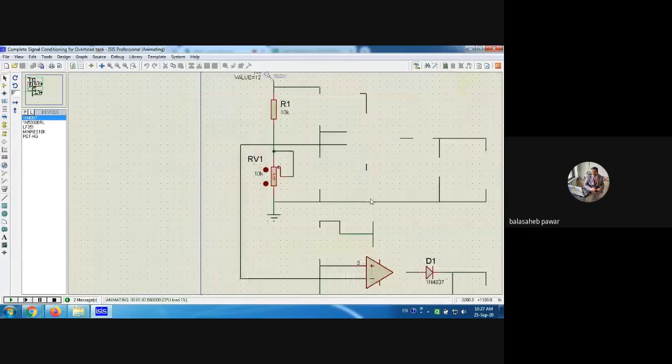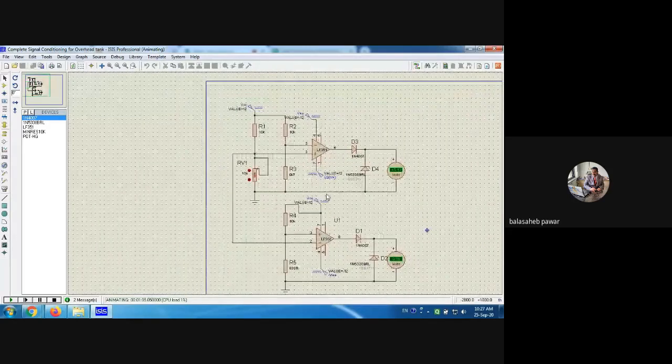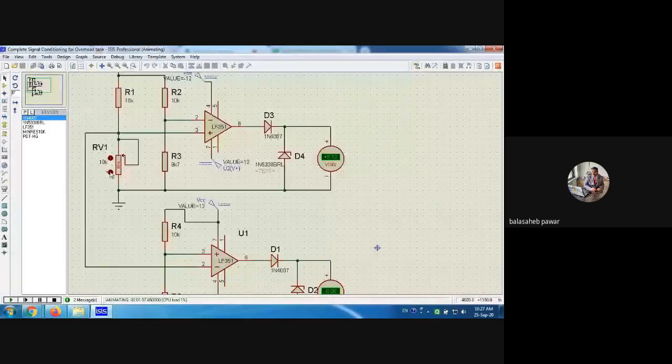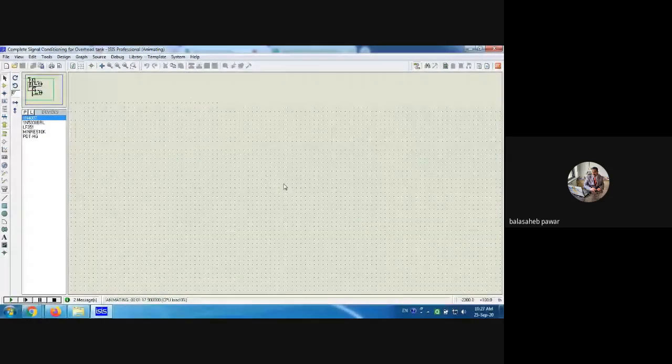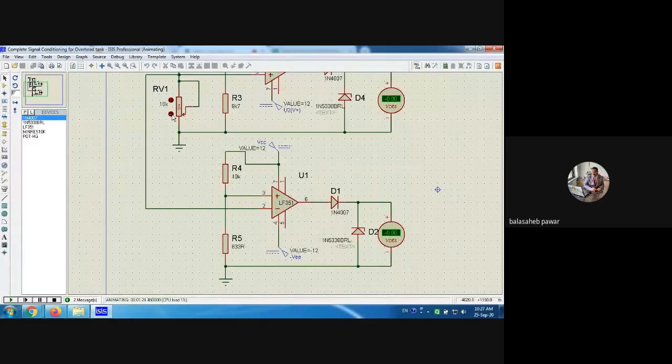Similarly, when I decrease it like this and go towards the minimum level, minimum means the tank is almost completely refilled. Then at somewhat minimum level, you will observe the second signal conditioning circuit, see here, now goes to logic high. So what is this indication? This indication will be provided to our microcontroller so that the controller should take the action to turn off that water pump, either from the underground tank or the submersible pump.